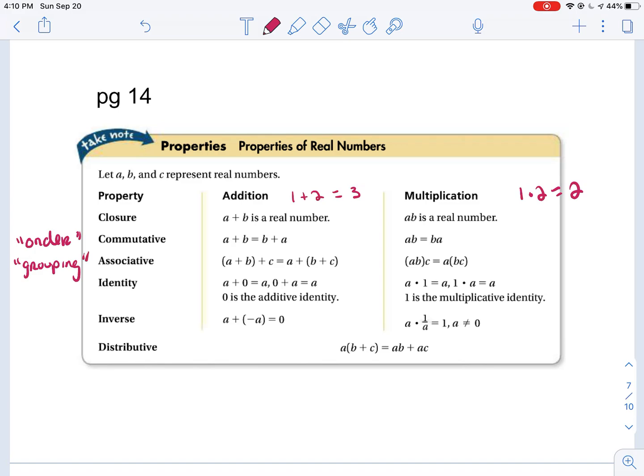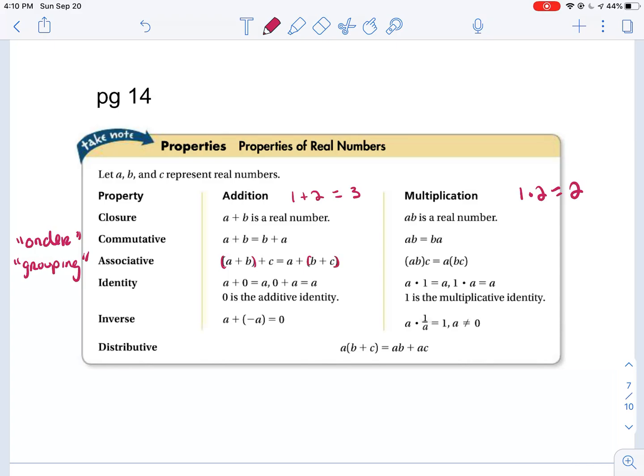Okay, the grouping changes. You'll see the parentheses move because parentheses tells you what you're going to calculate first. So with the associative property, if you see the numbers stay in the same place, but the parentheses change location, okay, for instance, instead of being around A and B, it's around B and C,